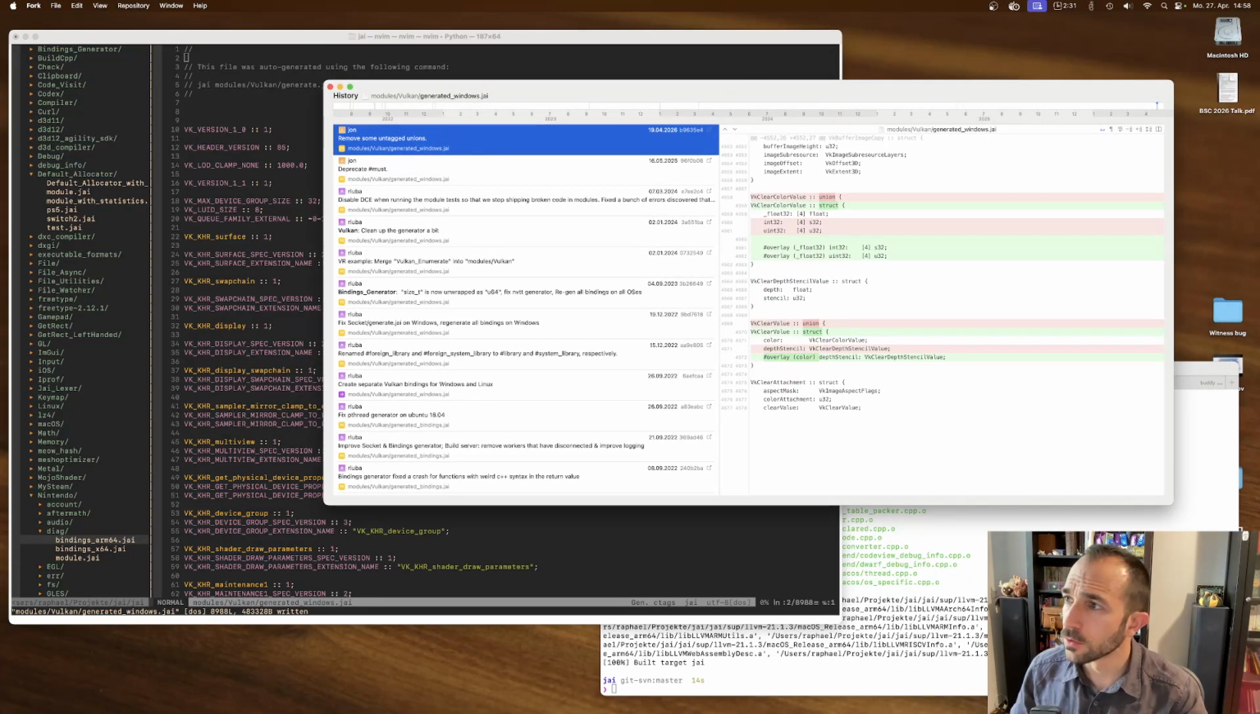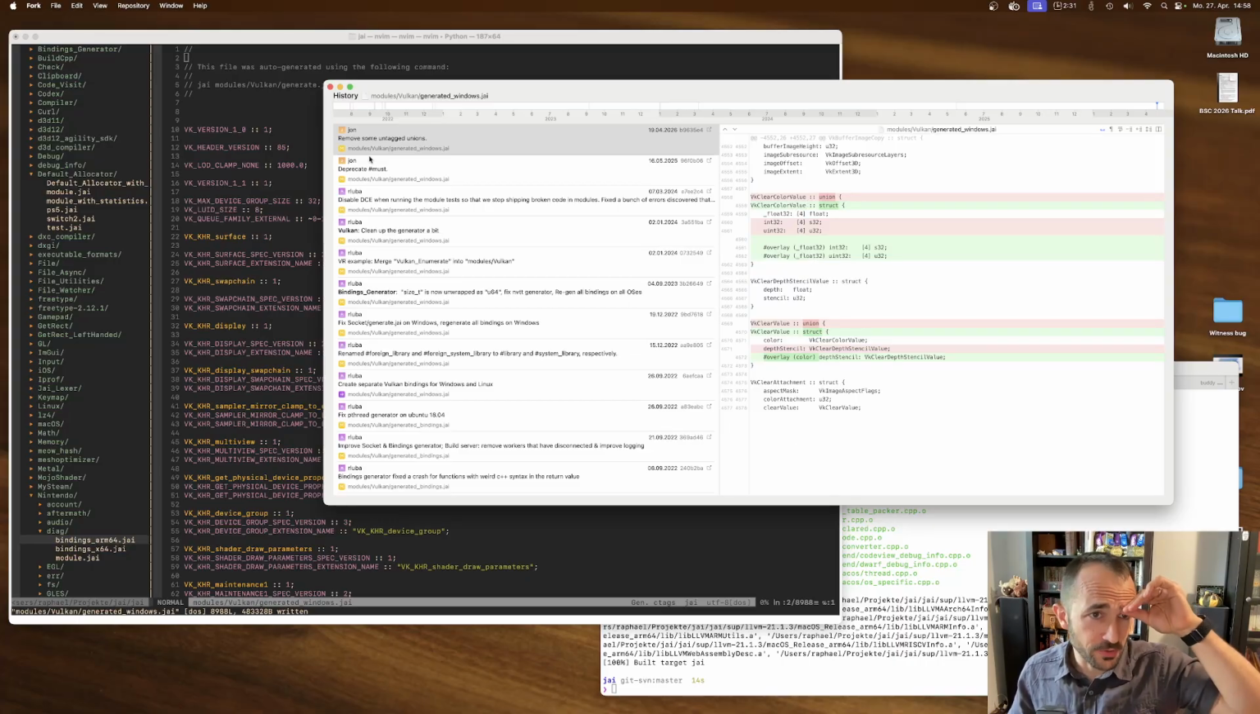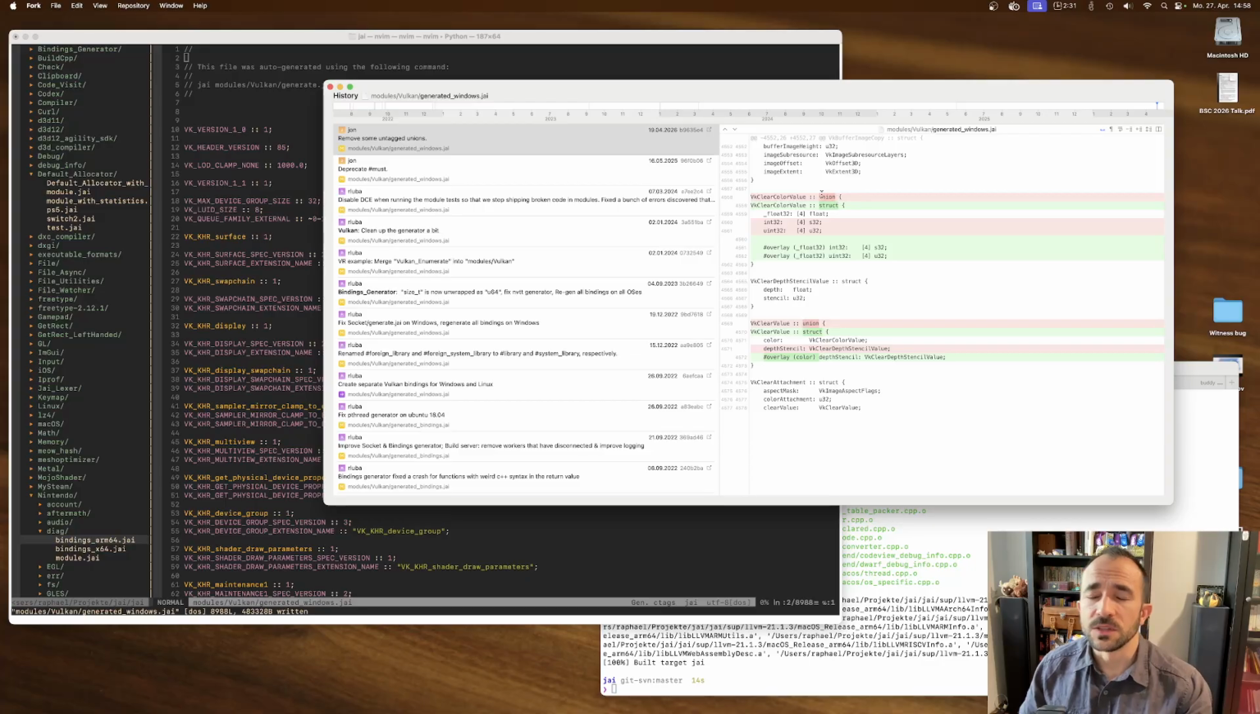Okay, so our goal for today is the following. We want to be able to generate this. Basically, the diff you see here, this was done manually by John. And we want to change the bindings generator so this kind of stuff gets generated automatically. So instead of generating unions, we in the future want to generate structs with overlays,